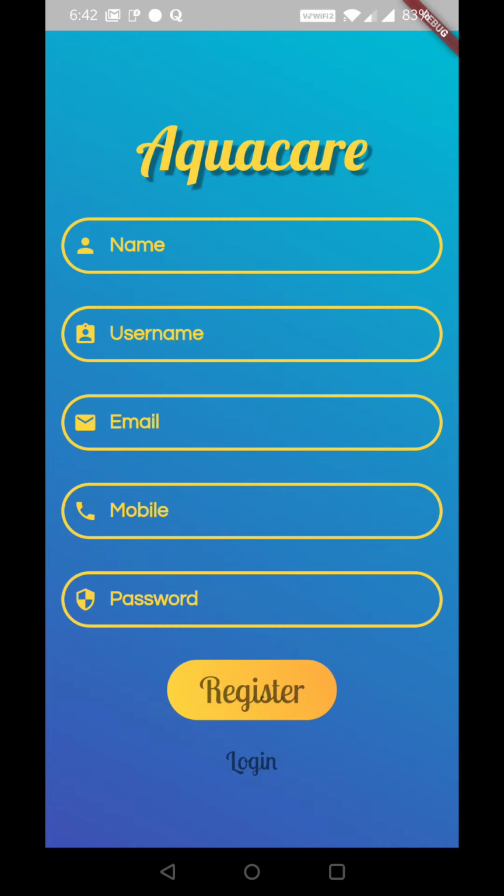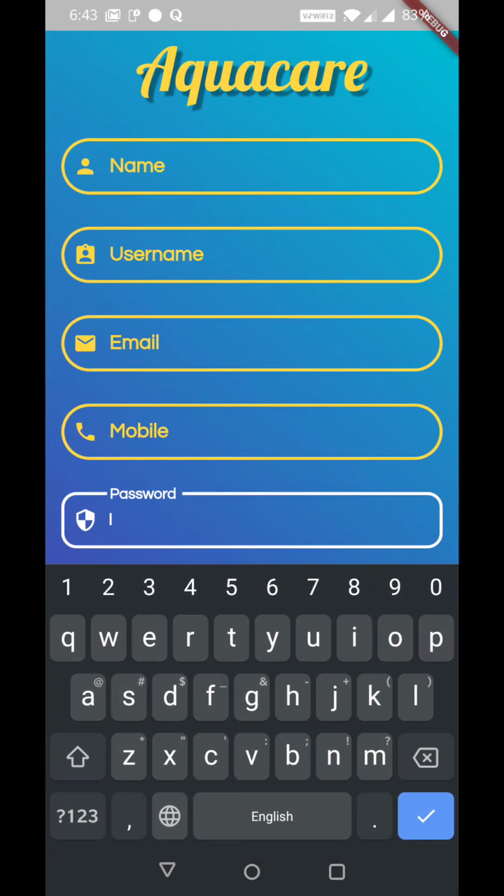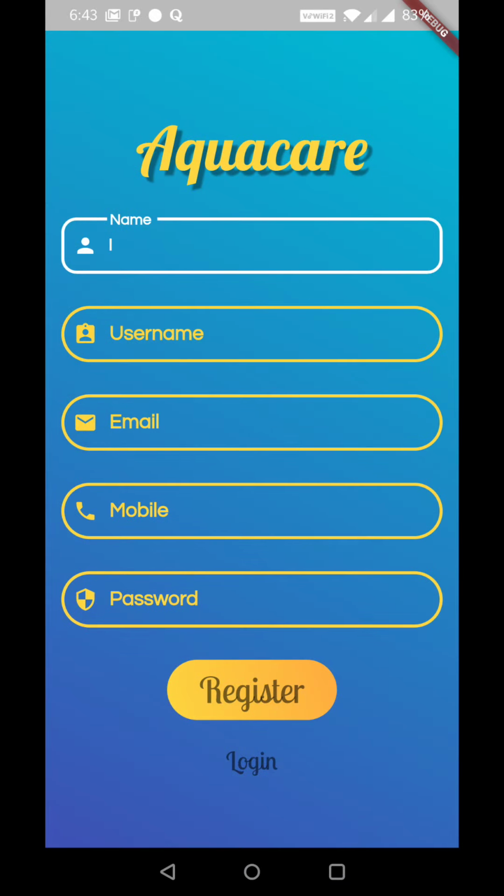Like I said, you also have a register page, and this entire app has been developed using Flutter. So let me just show you the animations that I have on these text input fields, and I also have validation which takes place. Just know that all the validation on my application is done on the server side, and none of the validation is done on the client GUI. So whatever messages you see over here at the bottom are actually being returned from my server. It's the MongoDB database which is performing the validation and returning the messages.